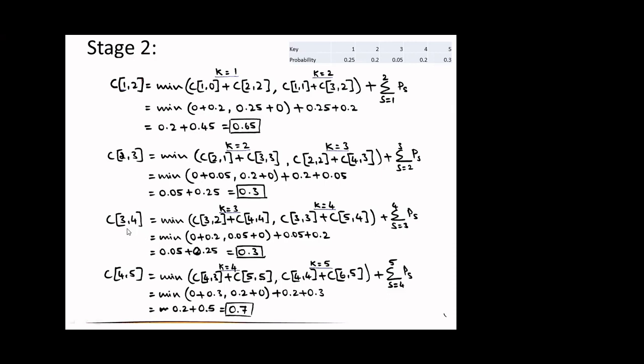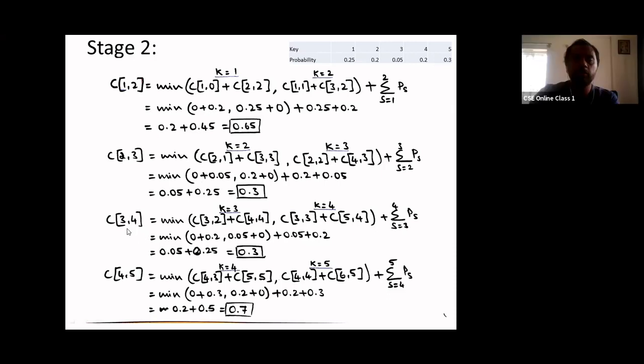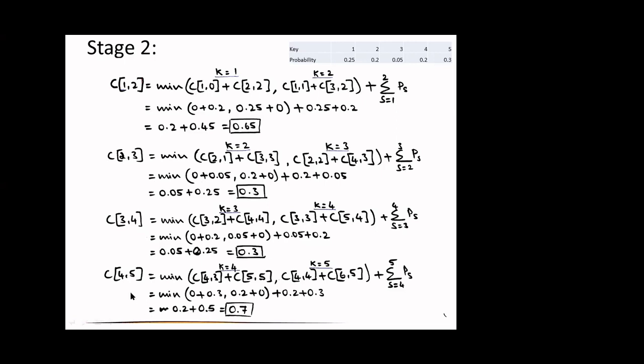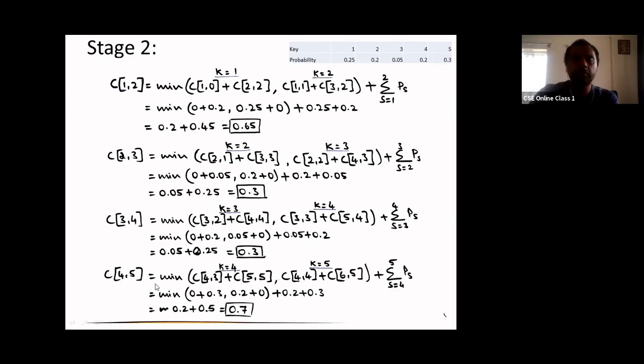So how about C of 3 comma 4? 0.3, you have got. And in the same way, C of 4 comma 5? 0.7. So here you can see that for constructing C of 1 comma 2, which will be the key